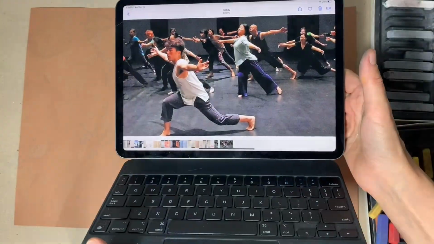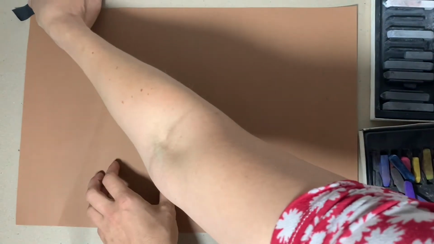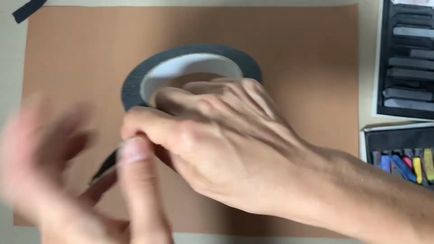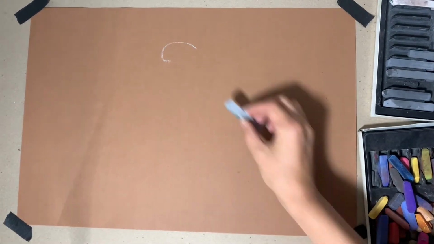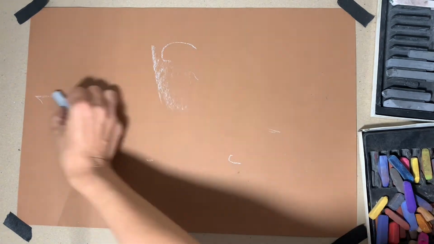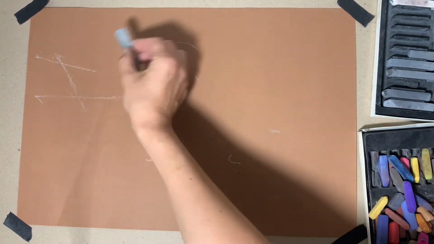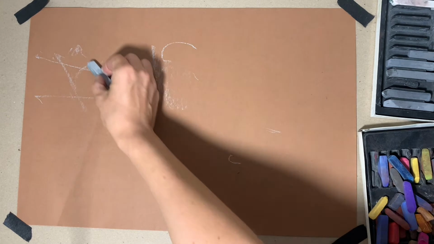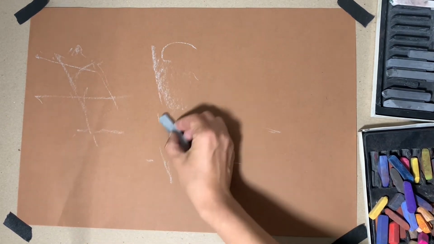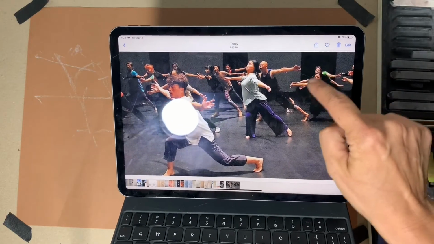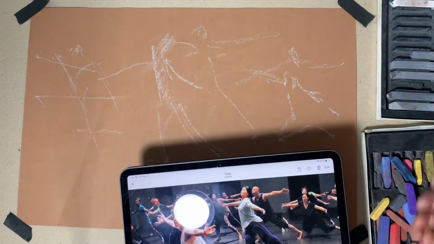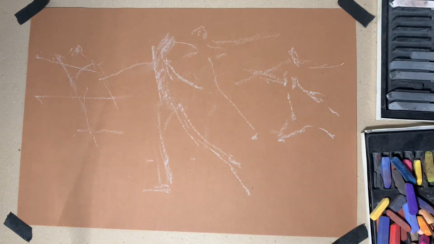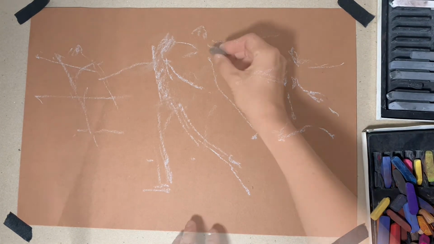I will be using this picture as a reference, and now I'm taping my paper to the cardboard so that the paper doesn't wiggle or crumple when I draw. As always, I start from positioning the main elements on paper. Finding top and bottom for each figure, I remember that they get smaller in the distance, and the closer they are, the lower their feet will be. As you can see in the original picture, there are more people, and I'm not drawing all of them. You are the boss here. You get to decide what you want to keep and what you want to toss.